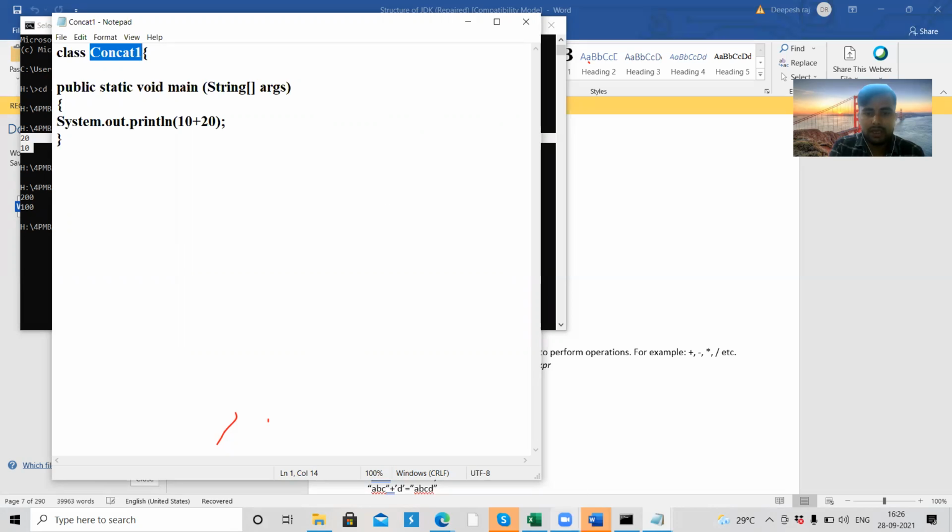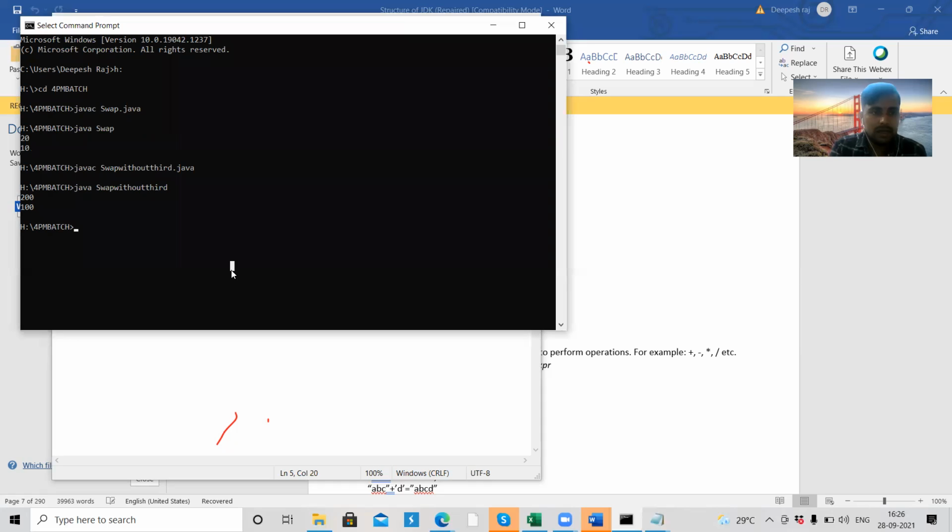I have explained in the study program that if you write a value in double quotes, that means a group of characters, and we call it a string. Here I have taken two values, both integers, so it is going to do simple addition.